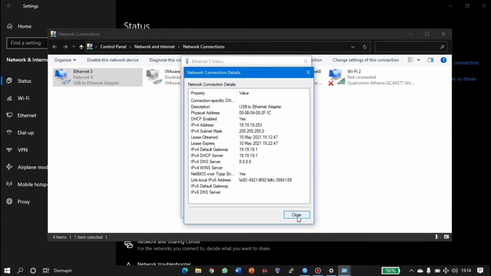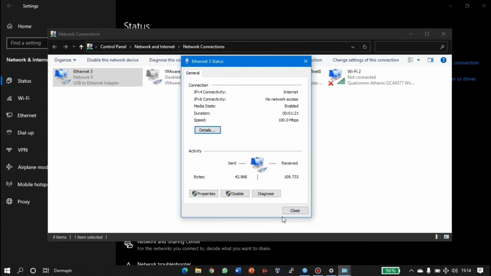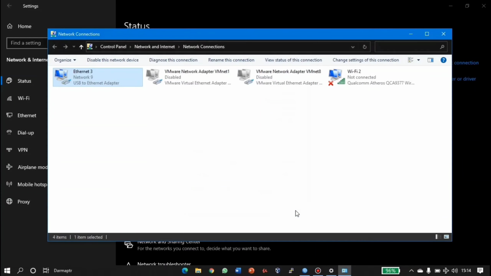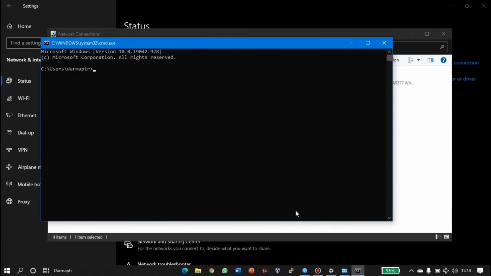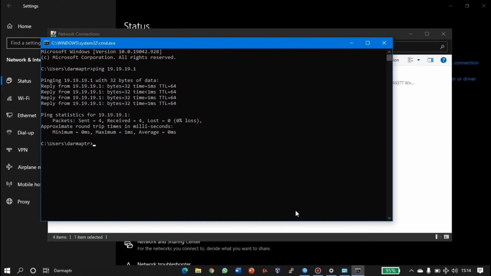And next we do testing with the command prompt. We open command prompt or CMD and do pinging to router 1. Ping 19.19.19.1 and enter, and we can see the result is reply, which means client 2 is connected to the server